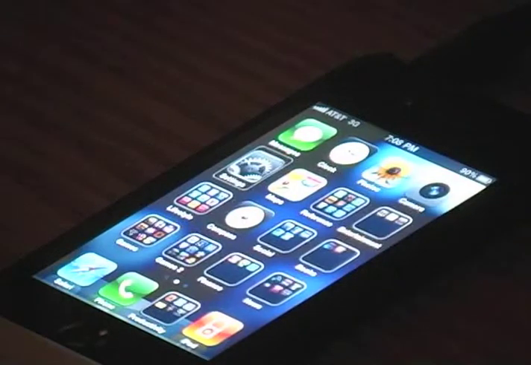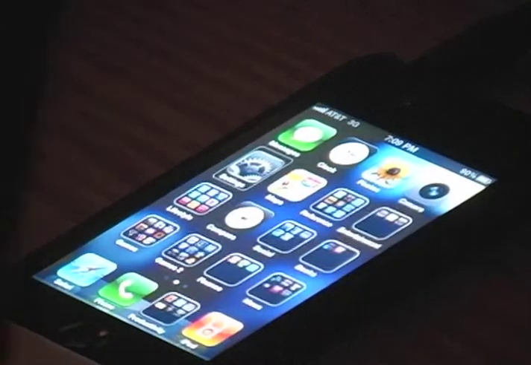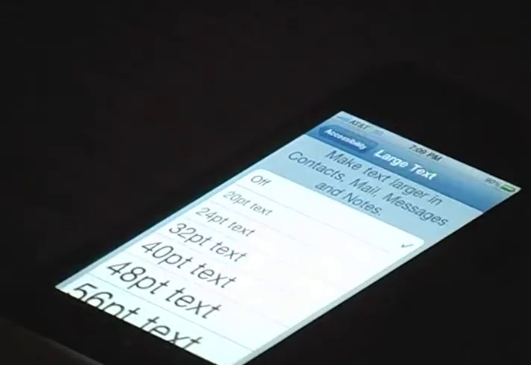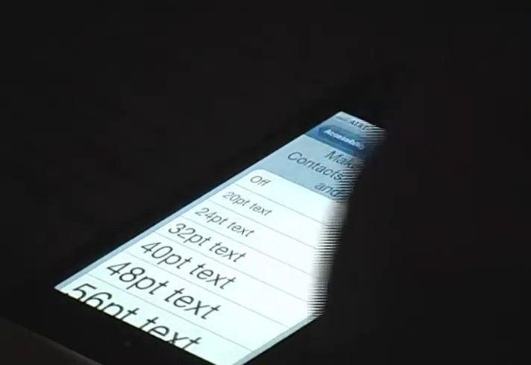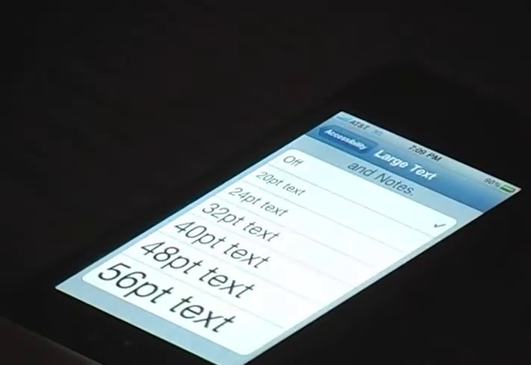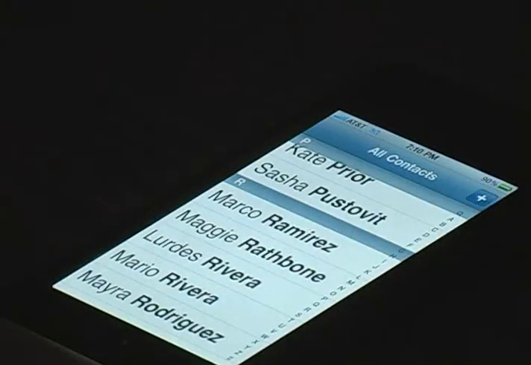Now, because it is a different version of the operating system, there are some features that aren't available on the iPad. One of them being screen magnification, which is different from screen zoom. One additional option here on this screen is large text. Tapping on large text shows you a visual representation of what your text will look like at different fonts. So you can go up to 56-point text. So if I turn that on,